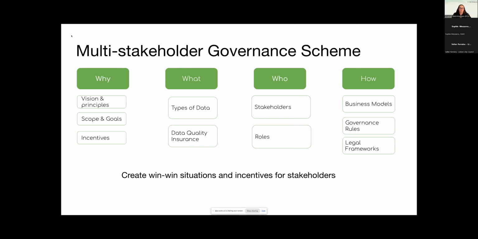When we talk about the legal frameworks, it can pertain to the European legal framework or national or regional ones. So it's very important to always check with your environment, because it can change. Obviously, the same rules do not apply in all countries or all regions. But ultimately, the goal is to create a win-win situation and incentives for stakeholders.